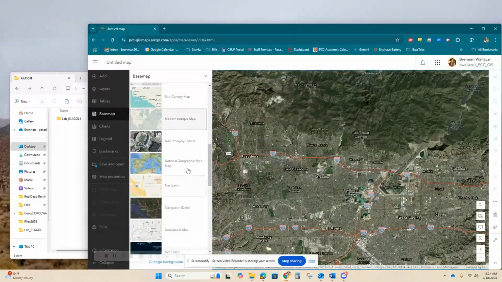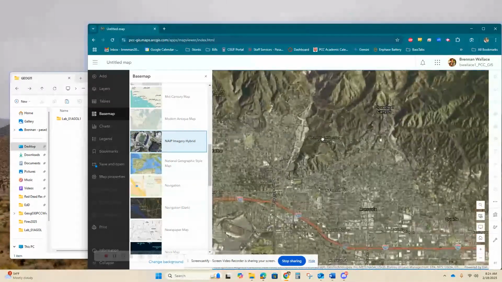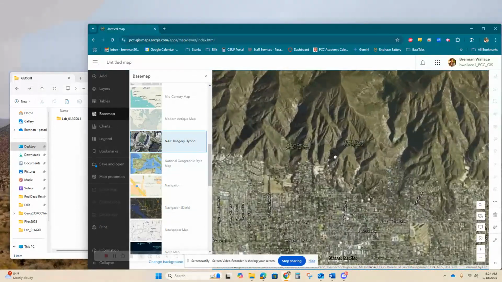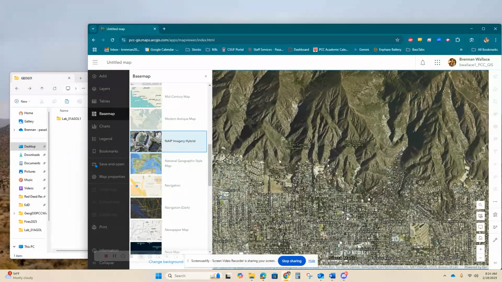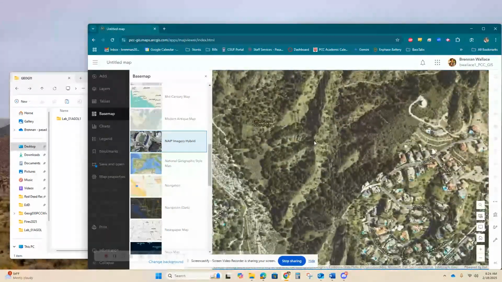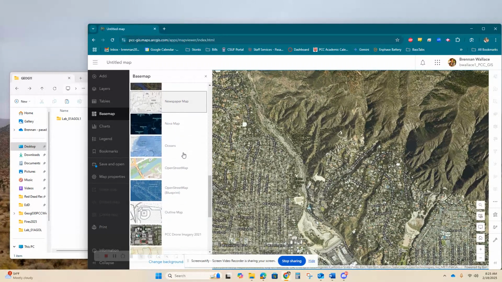Canvas, antique. This is kind of like the Firefly. If something that I'm looking for doesn't show up on the regular imagery, I might check the NAPE imagery and see if that has it. This, again, not updated from a month ago. Later in the class, we'll get more recent satellite imagery from other sources. Other things: navigation, oceans,